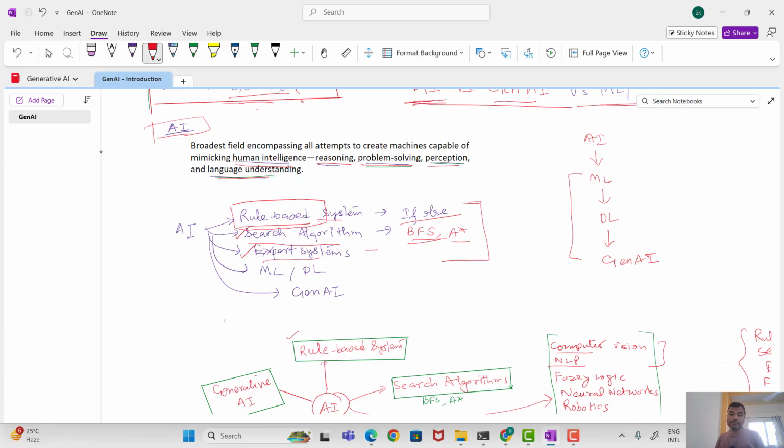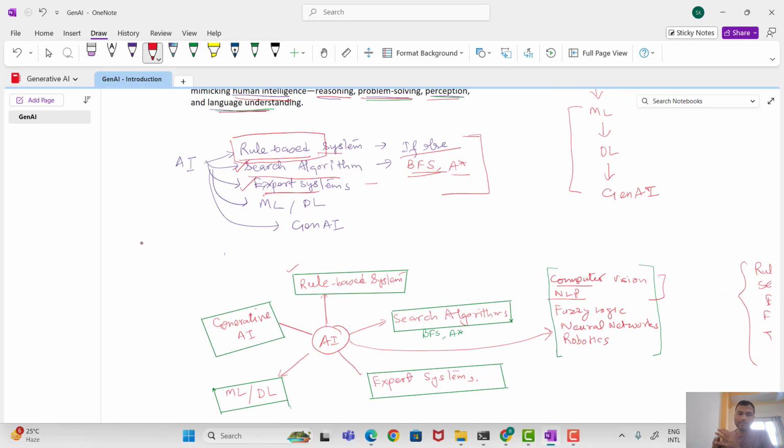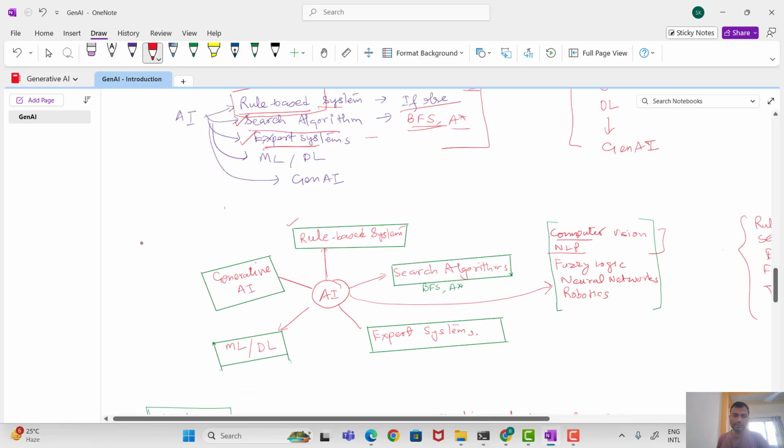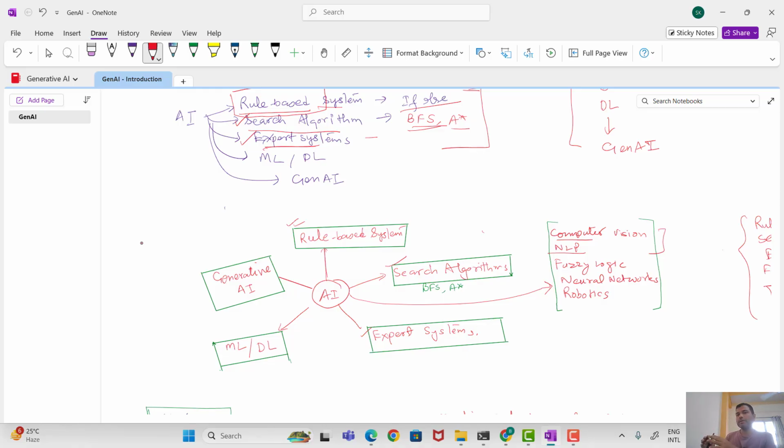So this was another attempt to achieve machine intelligence. And the next was the expert system. Expert system was a breakthrough in the artificial intelligence journey. We will discuss these things in detail, but now move to the machine learning and deep learning approach. Okay, so here you can see this rule-based and some search algorithm are the expert system, and there are many other things that were being developed before machine learning got popular.